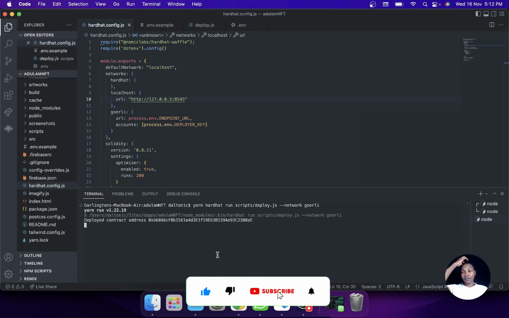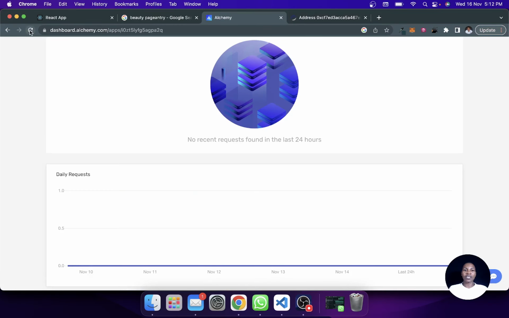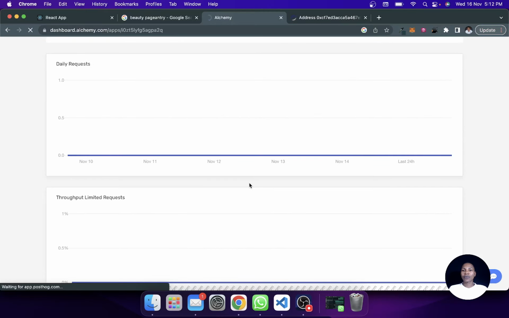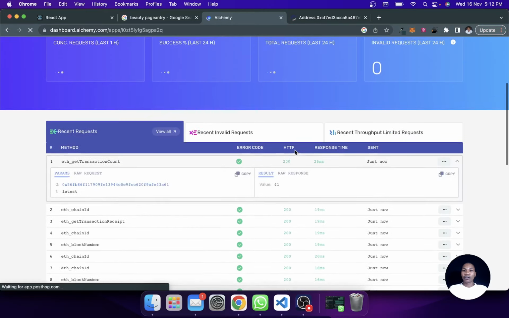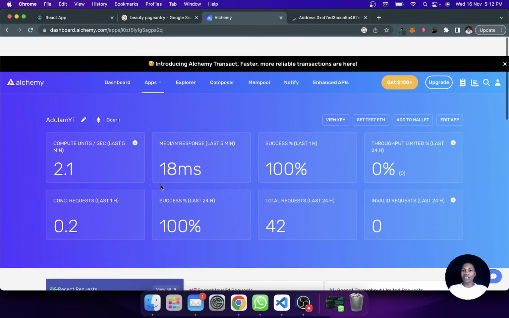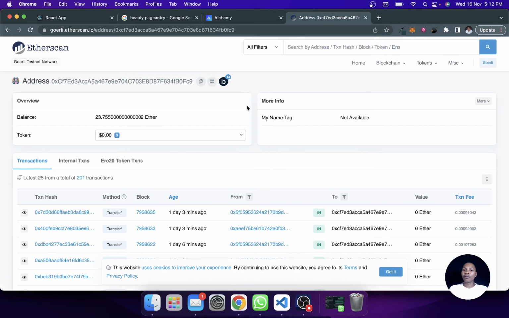Okay, it's deployed successfully, and let's copy this contract address now. When you refresh this place here, okay, you see a bunch of activities here because there has just been a deployment to this network here. All these charts are running, and when you come to this place and you paste